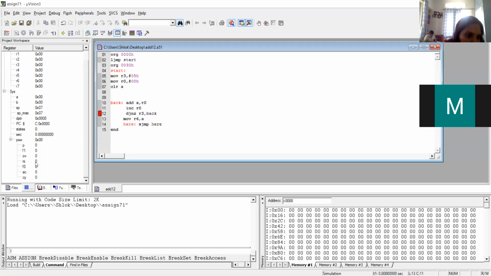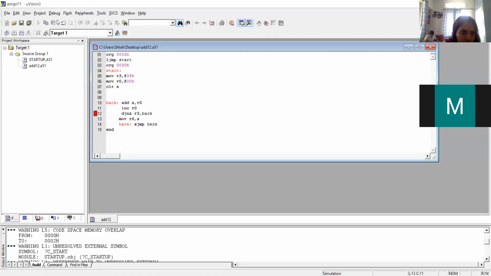Now in this PSW, the RS0 is actually taking the 2 bits from the PSW, bit number 3 and bit number 4. So right now it is 0, I said register bank 0 is used, and that's why 0 is there. Now here is the memory location 0000 like this. So now to execute this program, to show the execution of this program, you say start.